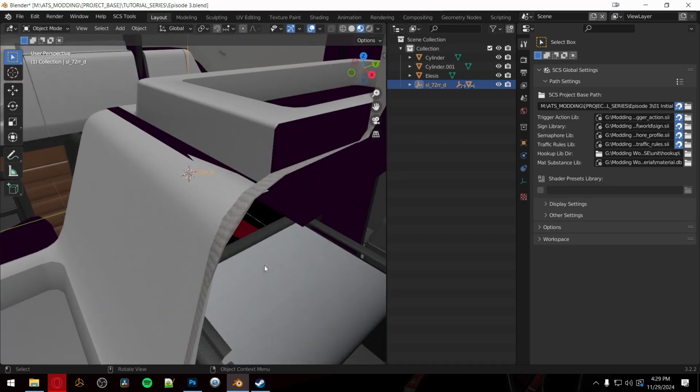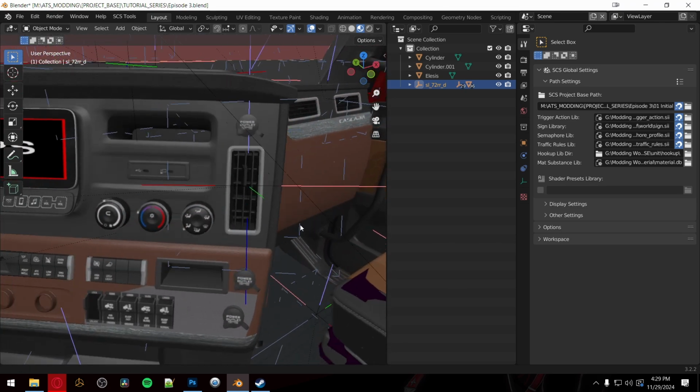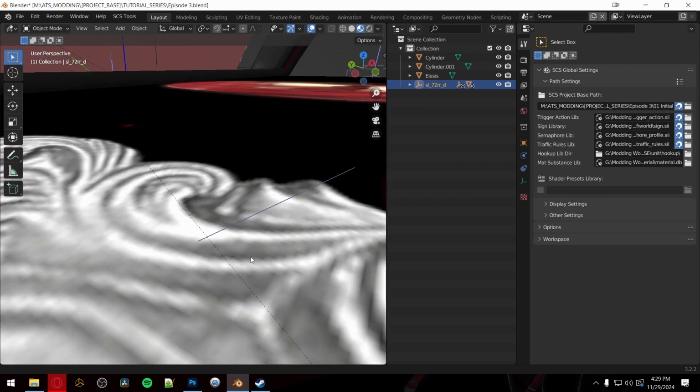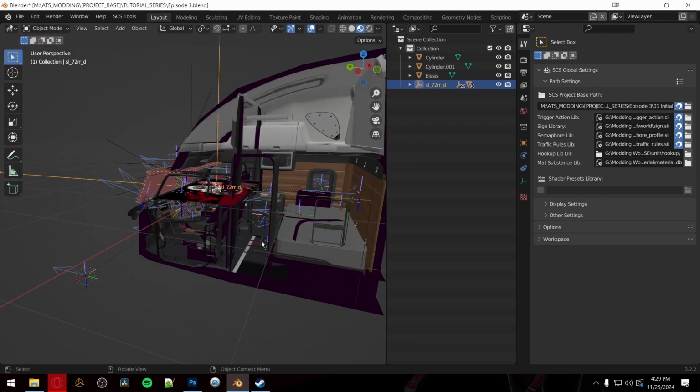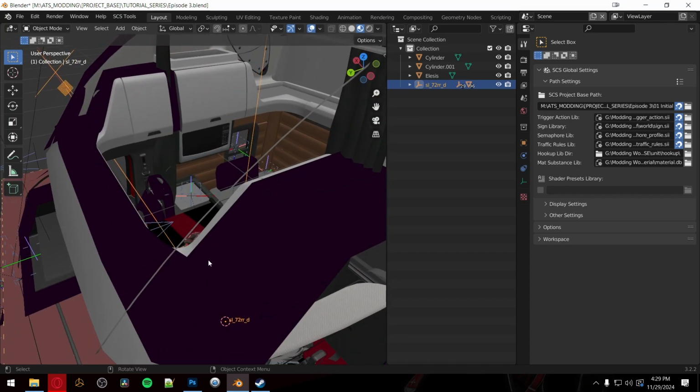It's probably going to intimidate you when you first look at this. That's okay. Trust me, the feeling is mutual. When I first loaded an asset into Blender for my first time trying to mod, this scared the hell out of me. Don't worry about it. There's a lot of crazy fluff going on here. And let me go ahead and give a rundown as to different aspects of a typical